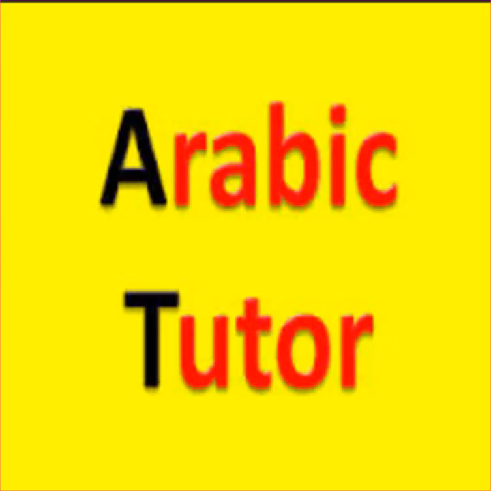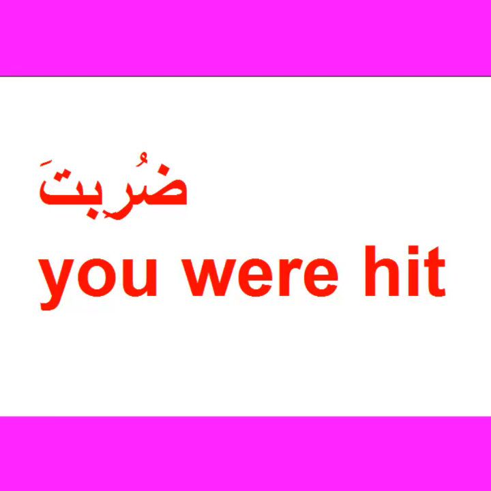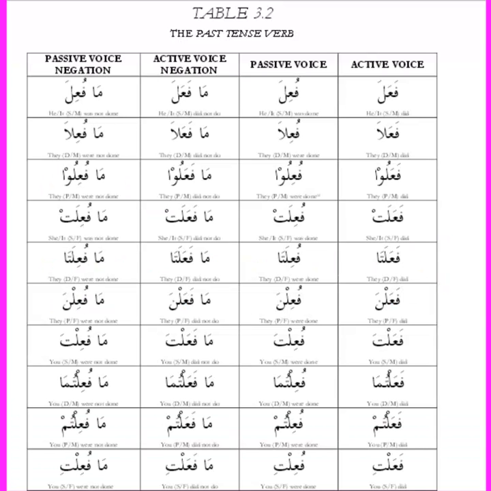However, as we progress through the text, these will become clearer, especially when we reach the final lesson and learn new verbs which we will then run through these charts. For example, the verb daraba means he hit, and when taken through the passive for this particular conjugation, duribta would mean you were hit. It is very important that you memorize the table exactly as I have recited it, because